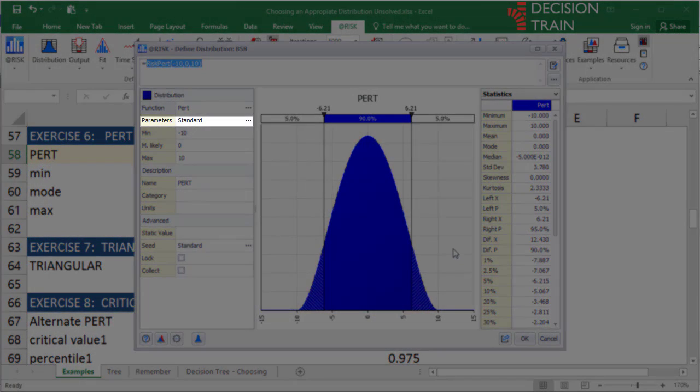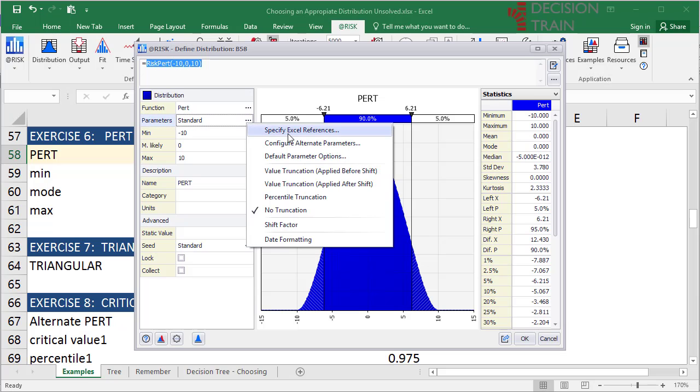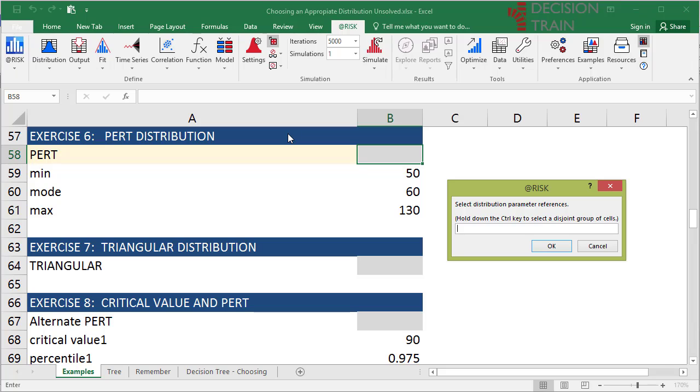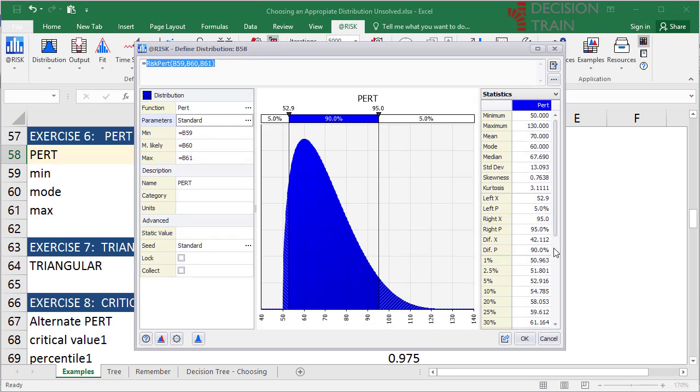The following window appears. Click on the parameter 3-dot button on the left-hand side of the window and specify Excel references option. Click on respectively B59, B60, and B61 cells to insert parameter references for the minimum, most likely, and maximum parameters. When done, press on the upper right-hand side corner of the small window to return to At-Risk's window, which will